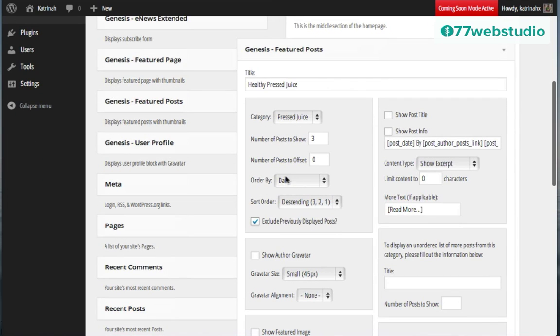I do want to order it by date, so that looks good, and this whole box is set up the way that I like. Moving over to the right hand box right here, as we did in the previous example, I'm going to show the post title by clicking on show post title. I'm going to click on show content limit once again, and this time I'll just use 250 characters as we did previously, and I'll include a read more text right there.